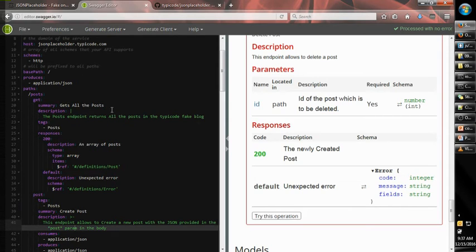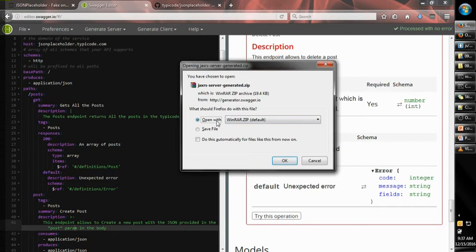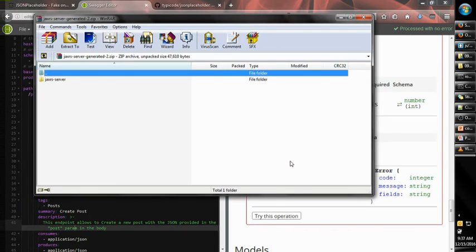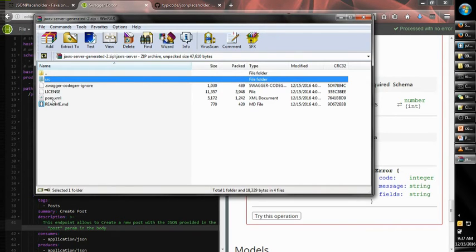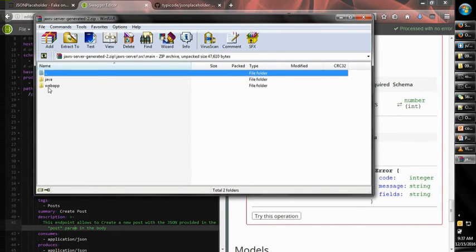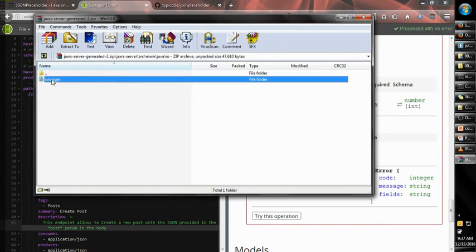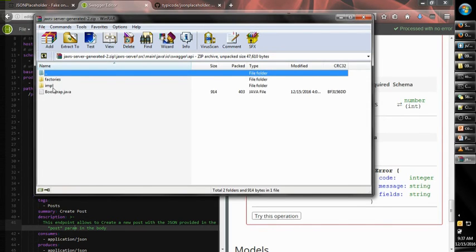If you click that, it will give you a starter project where you have everything you need. All you need to do is create a Maven project and then go to the main Java,